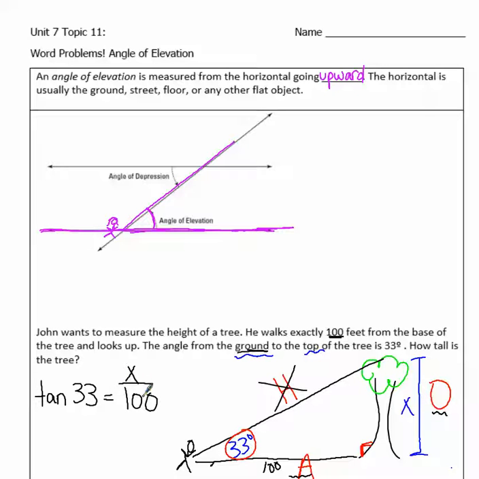So I have that all set up. I've got the tangent of 33 degrees equals opposite over adjacent. So we want to get our calculator. Make sure you're in degree mode. So I'm in degree mode. What I'm going to do is tangent of 33 times 100 in my calculator. So tangent of 33, hit enter, times 100, and I get